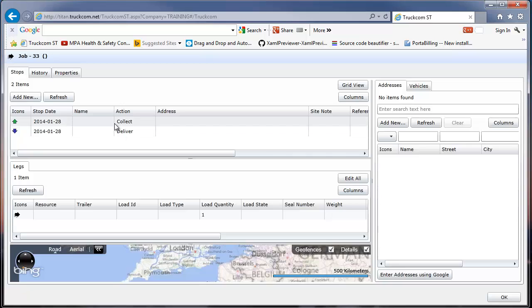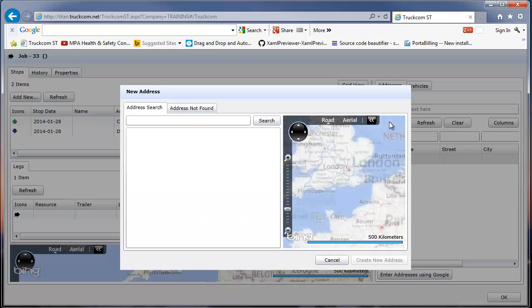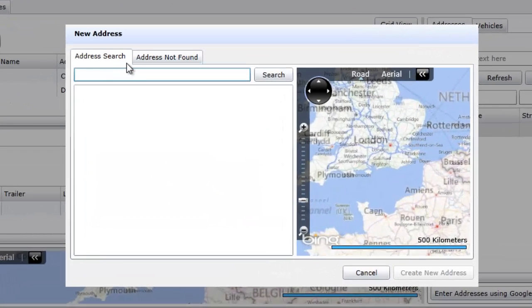So here we are. You can see that we have a collect stop in this job and a deliver stop. And we have one leg, which is the movement of the vehicle between that collection and delivery. So the next thing I'll do is I'll create some addresses and I'll allocate them to this job. So we can see that in the addresses list here, there are no addresses in this system at the moment. So I'll press add new and I'll type in a postcode here,